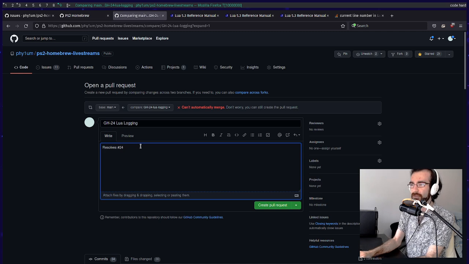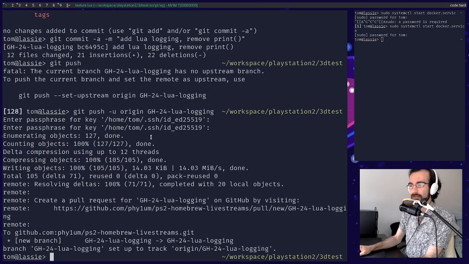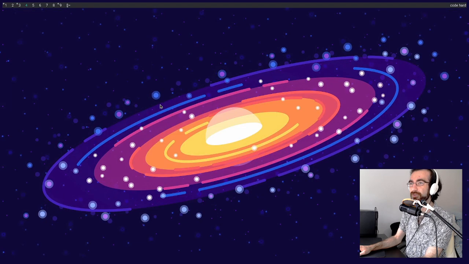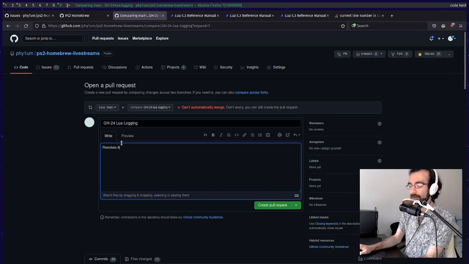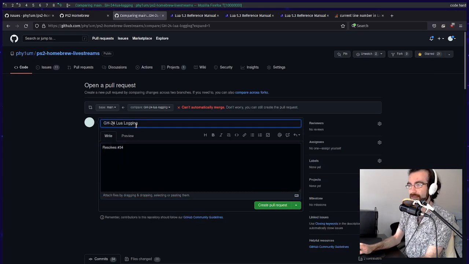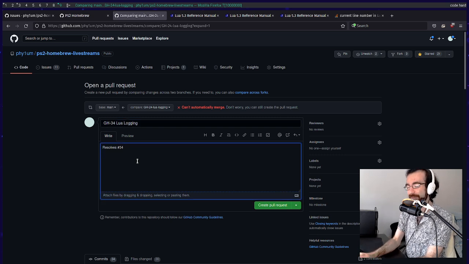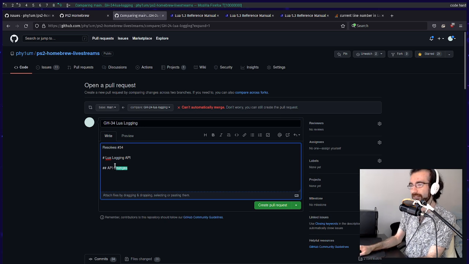Resolves, not number, wait, GH, this is GH34, isn't it, not 24. Where's my tab gone? Yeah, oops, 34. I want to get a standard pull request format, right? So I want to be able to say Lua API, I want to be able to have standard subheadings so that I can parse this later. So I want to be able to say like API additions,